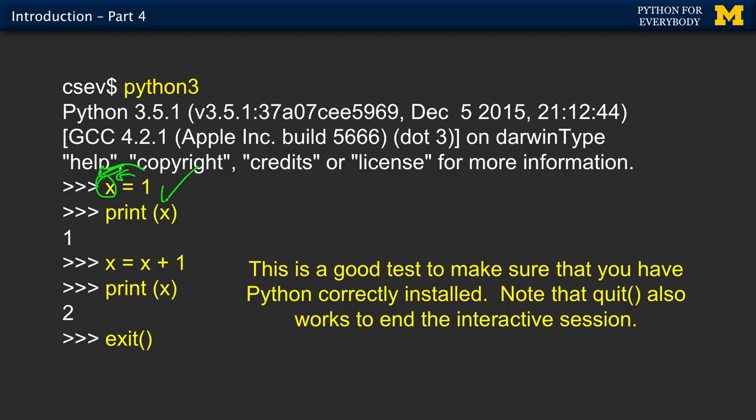Print x says, go take whatever that spare bit of memory was and bring it back out and tell me what I put in it. Now, it's kind of redundant, but usually you're doing something more complex than this. Put something in memory and then take it back out. That's the first thing. Now, what this is doing is this is an expression, and that says take whatever's in x, which is a 1, and then add 1 to it, which becomes 2, and then stick it back in x. So that adds 1 to x, and then we print that out, and it's a 2,